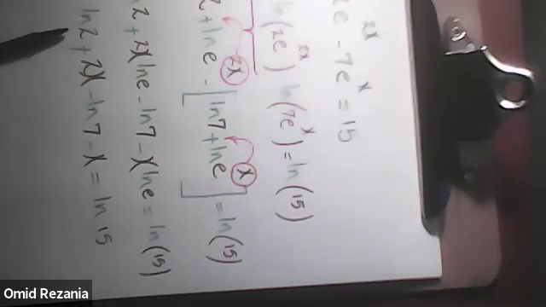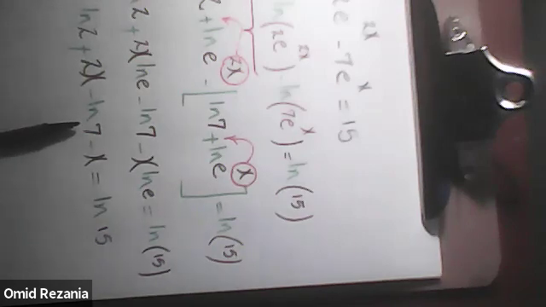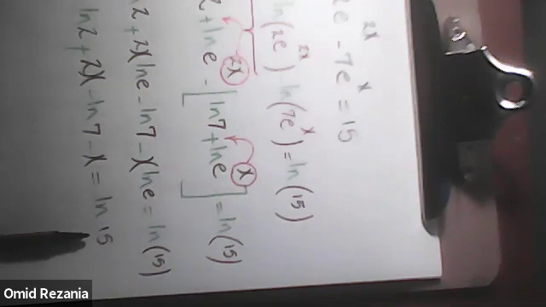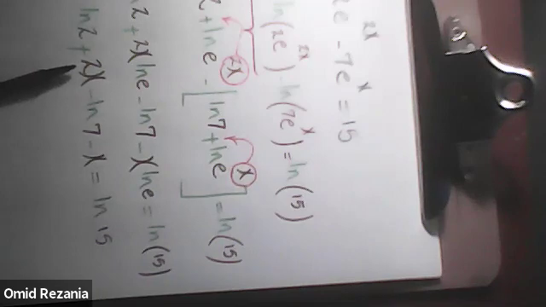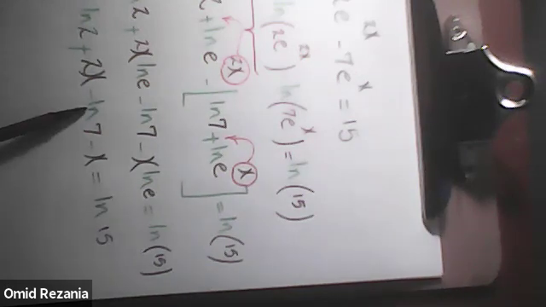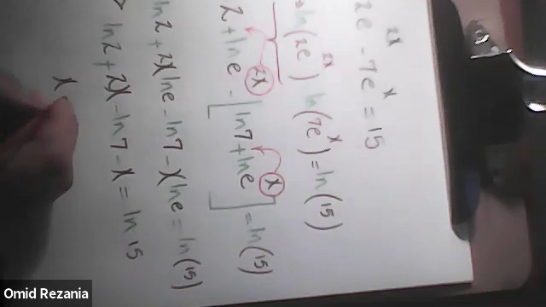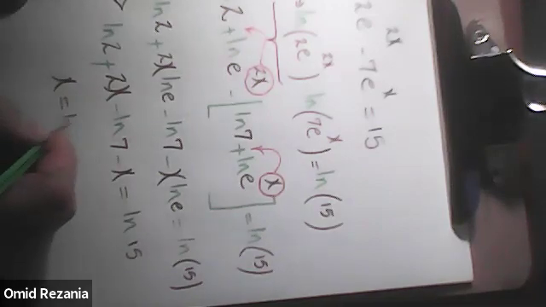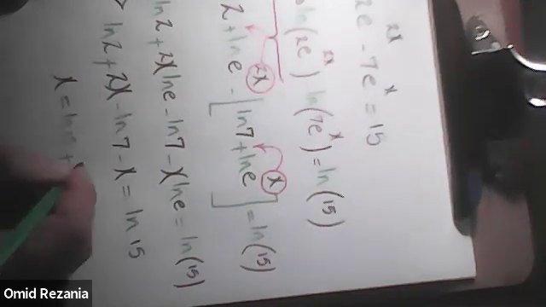Now look at this one. We have ln 2, which is a known quantity, ln 7, a known quantity, and ln 15, also a known quantity. But 2x and minus x are unknown. What is the strategy now? The strategy is to isolate the unknowns to one side and the knowns to the other. I keep 2x and minus x on the left and take all the known quantities to the right. How much is 2x minus x? x. I keep x on the left side of the equation, and I take the other terms to the right side. I have ln 15 as a known quantity plus ln 7